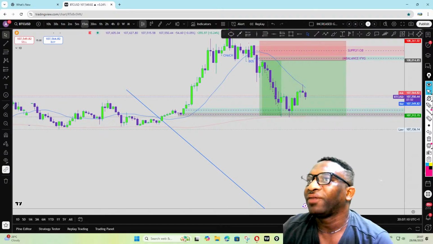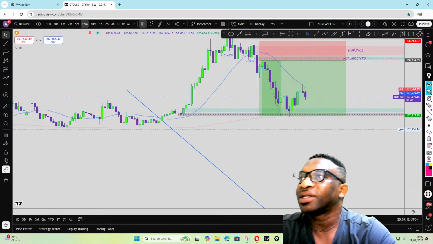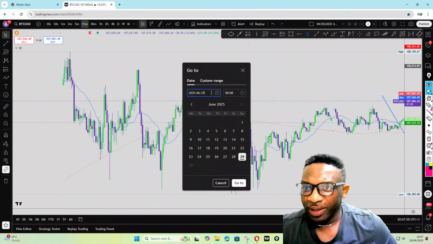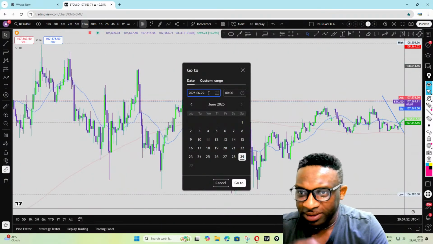Okay, I have something here on the chart. It says there was a buy on BTC from around Friday's 4 p.m. That's on the 15 time frame to today. We'll find this Friday's date was